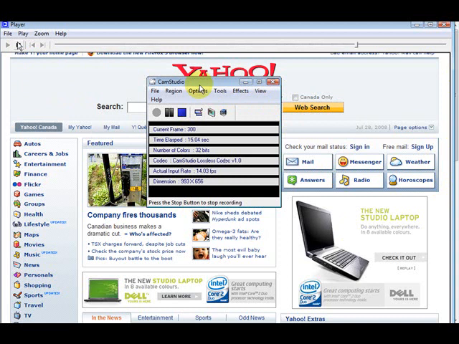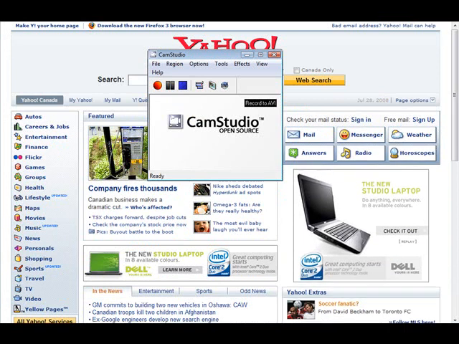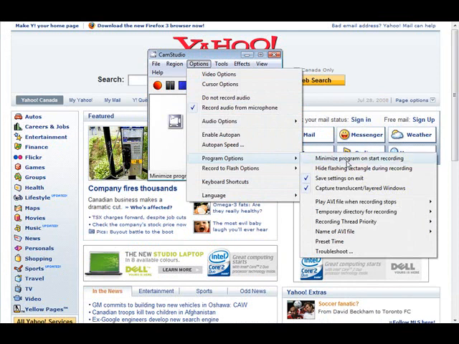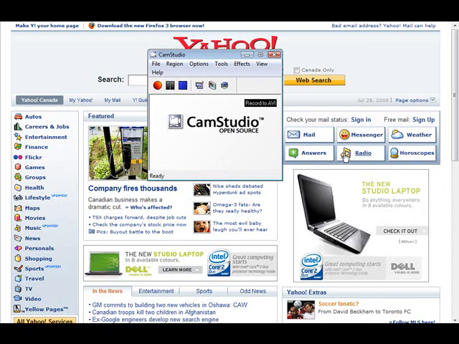Now there's something else we need to look at here. You'll notice that it stayed up here. And what we want it to do is to reduce, and that's why we can set the shortcut key to do that. Now to do that, we just set the options. We go into options, and then we go to program options, then minimize program, start recording, and that'll get it out of the way when we hit the record